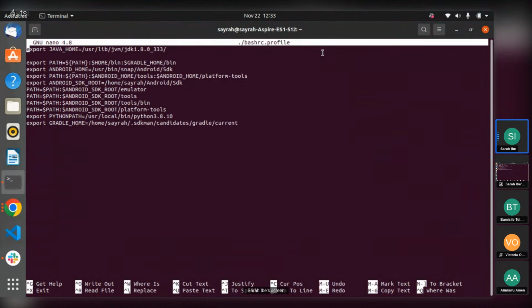Okay, so I have Java on my system, and this is where I have Java. If you go to my USR folder, go to my lib folder, you'll find Java there. And then I also have Gradle, add location here. I have my Android Studio, that is the Android home, and this is where you would find it.